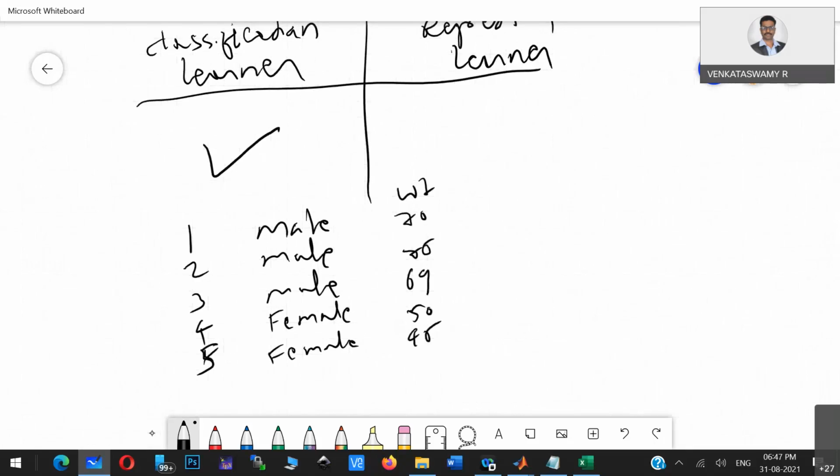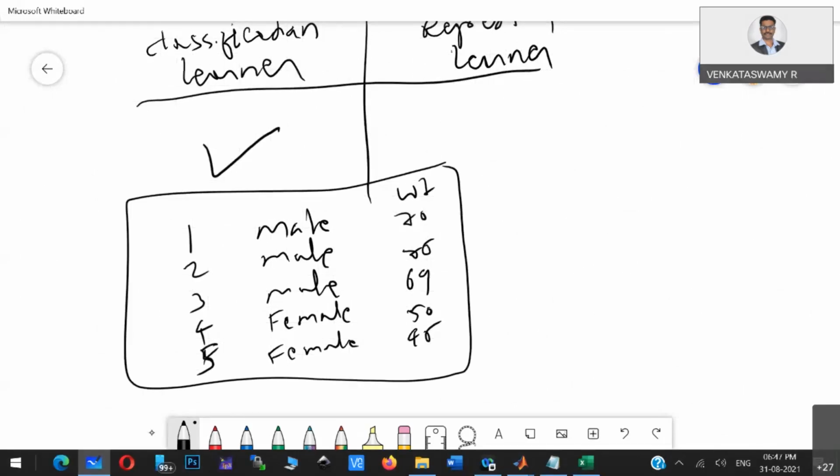If you see this particular data, it has the categorical variable as well as the ratio variable, or the rational number, correct? If you have this kind of data, then you have to go for the classification learner.